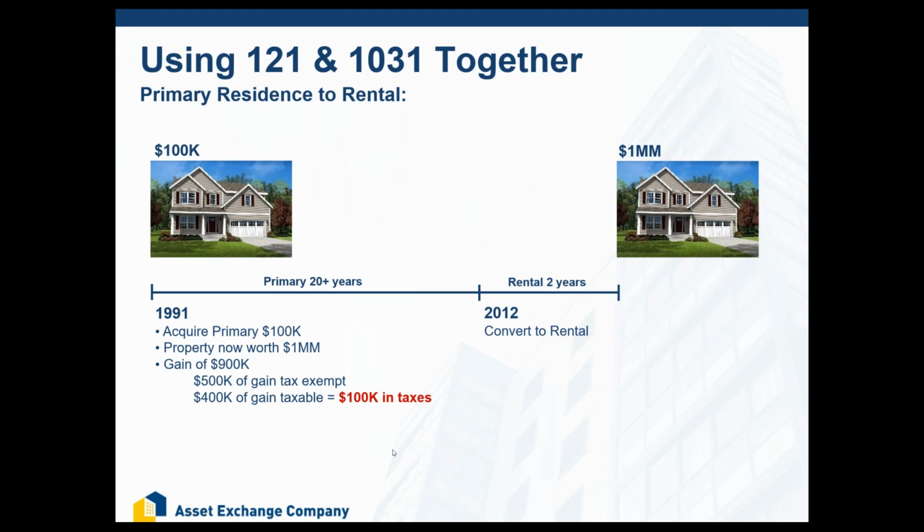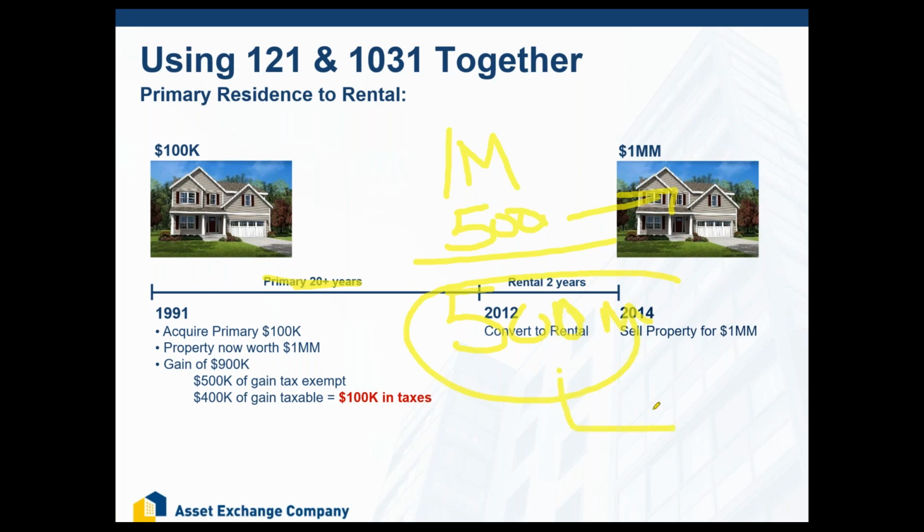Here's how it works. All right? You're going to sell this property after renting it out for 2 years. You're going to sell it for $1 million. Because you've lived in it for 2 of the past 5 years, the first $500,000 of gain comes out tax-free. The remaining value is going to be allocated to the 1031, and as long as you do a 1031 exchange and go out and buy another $500,000 worth of rental property, you will defer paying taxes on all of the excess gain.